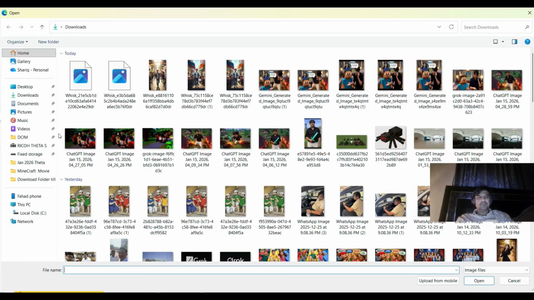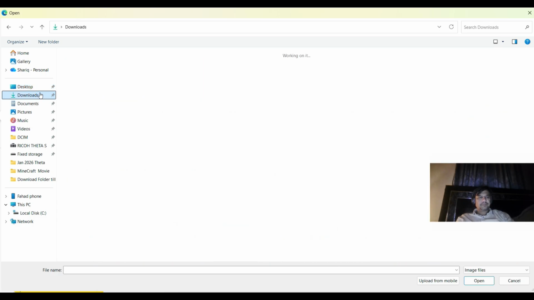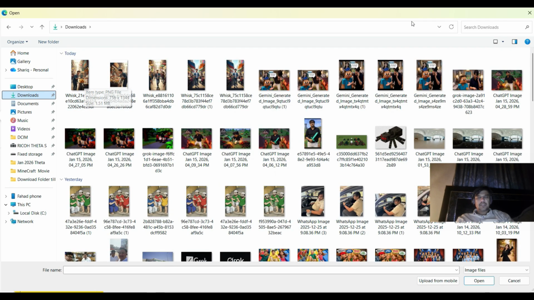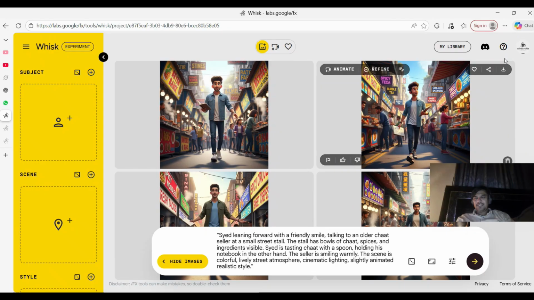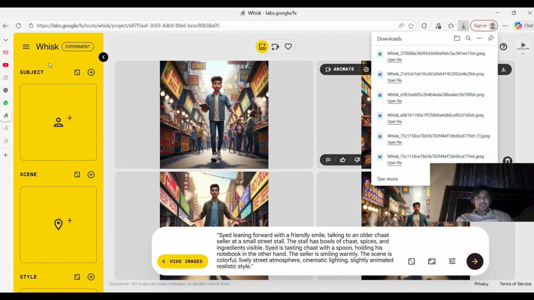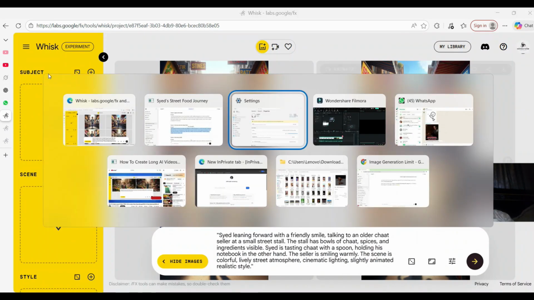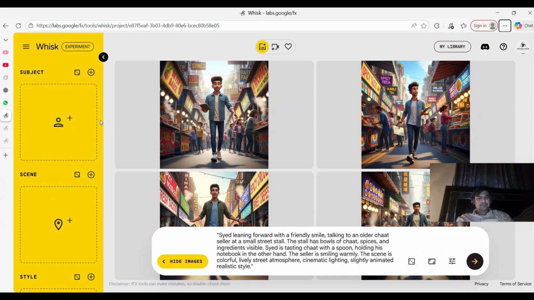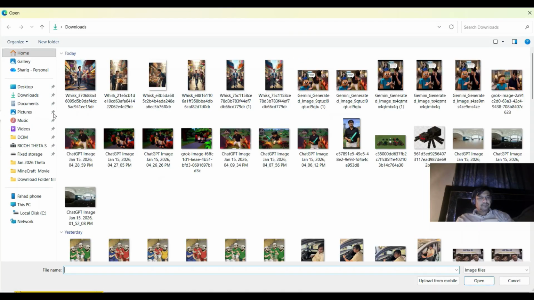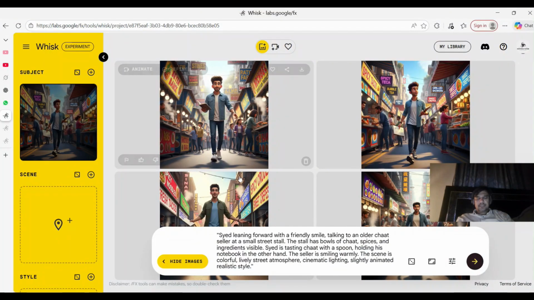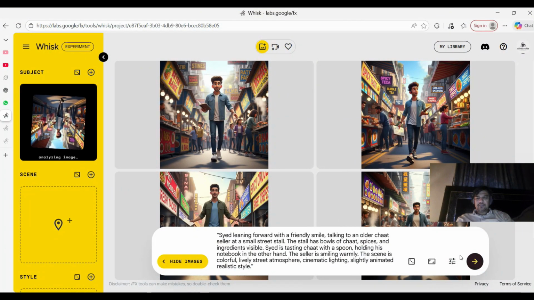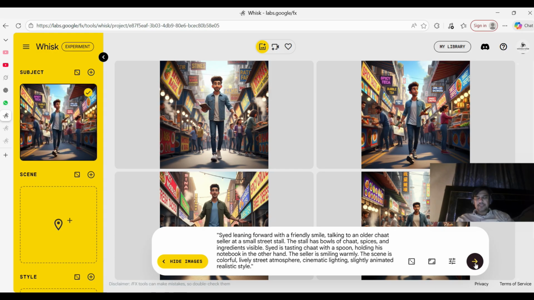We will go to downloads and upload this one. Now the character will be consistent, the same character. Then we click the arrow.